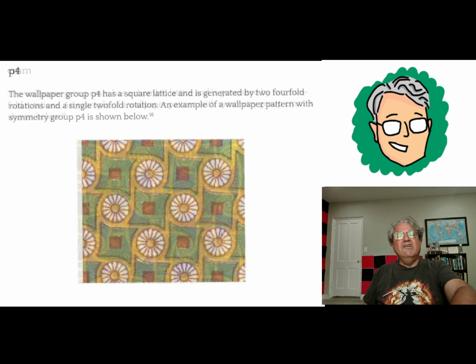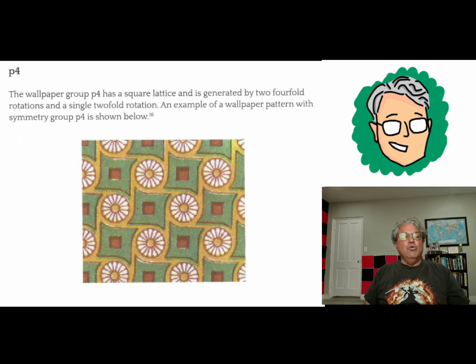Number 10. This one's called P4. This is the first lattice I'm talking about that has a square lattice. So not just a rectangular lattice, but a square lattice. The lattice has two generators of the same length that are mutually perpendicular. And not only that, but this wallpaper pattern has a fourfold. It has two fourfold